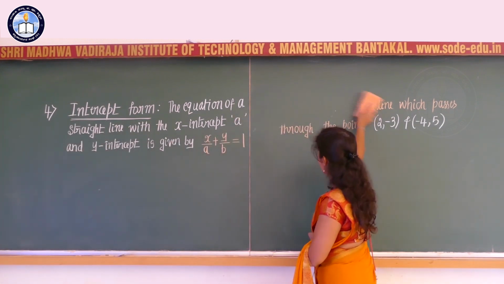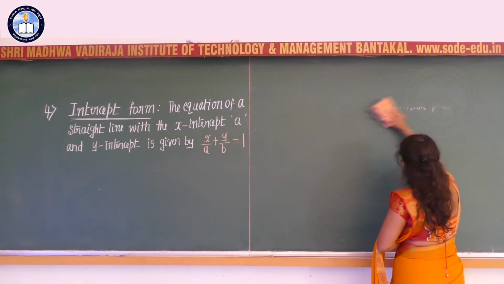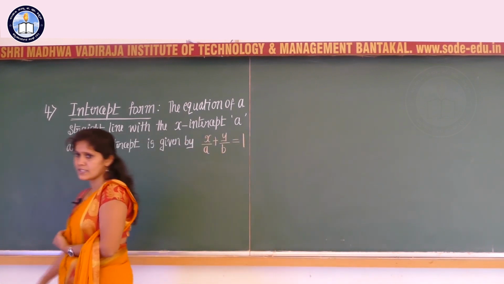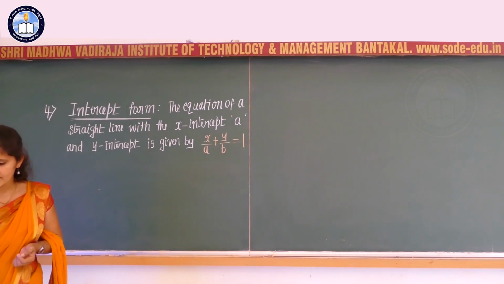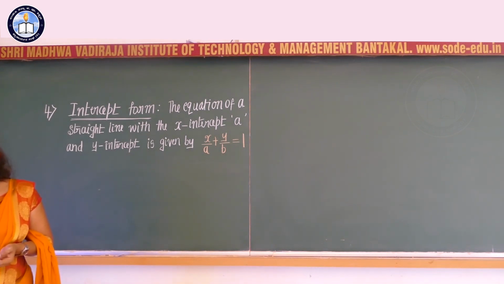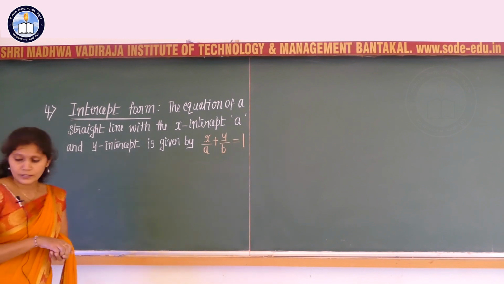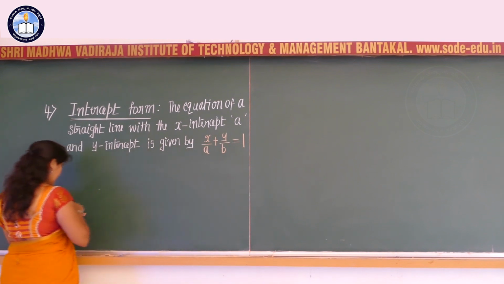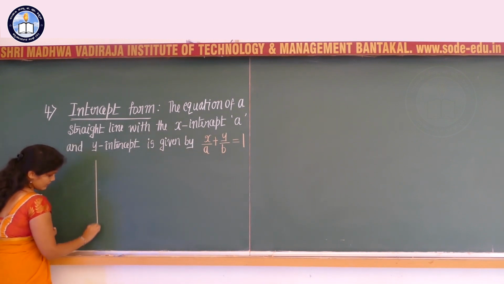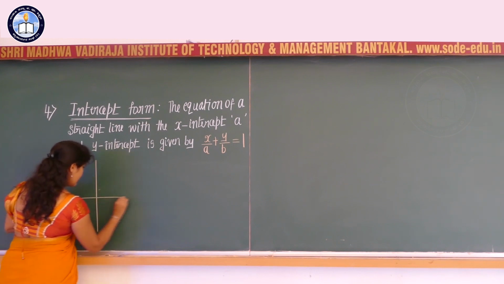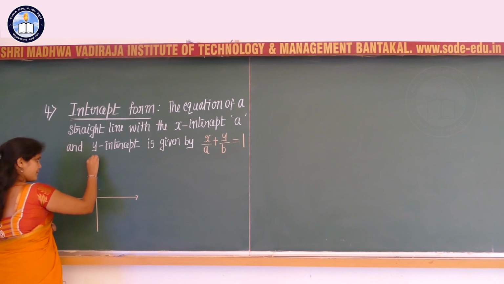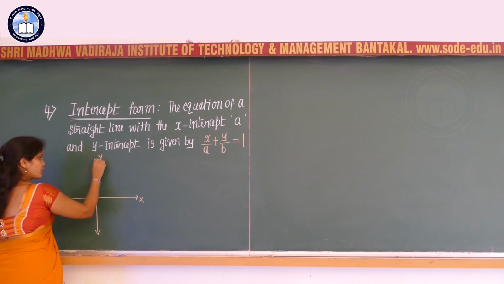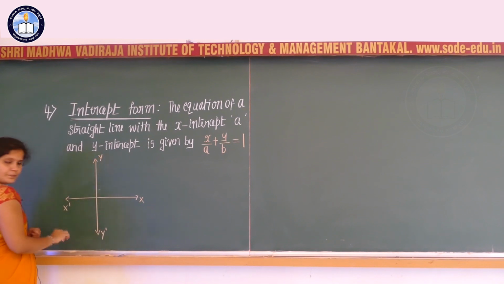So, we know what is meant by intercept. What is meant by x-intercept? X-intercept means nothing but the distance from the origin along the x-axis with the proper sign, that is the x-intercept, correct? And the y-intercept definition also we know. So, let me draw the graph of the function. With respect to intercept I can consider this diagram: X'OX and Y'OY, clear?